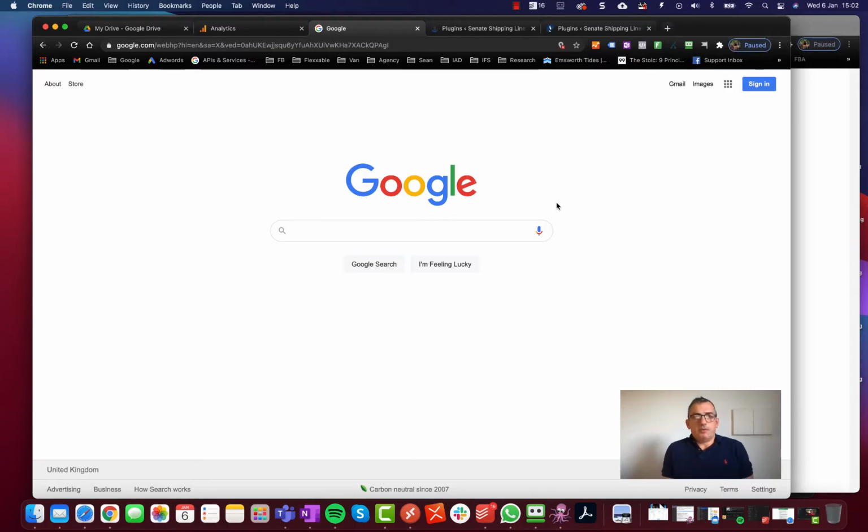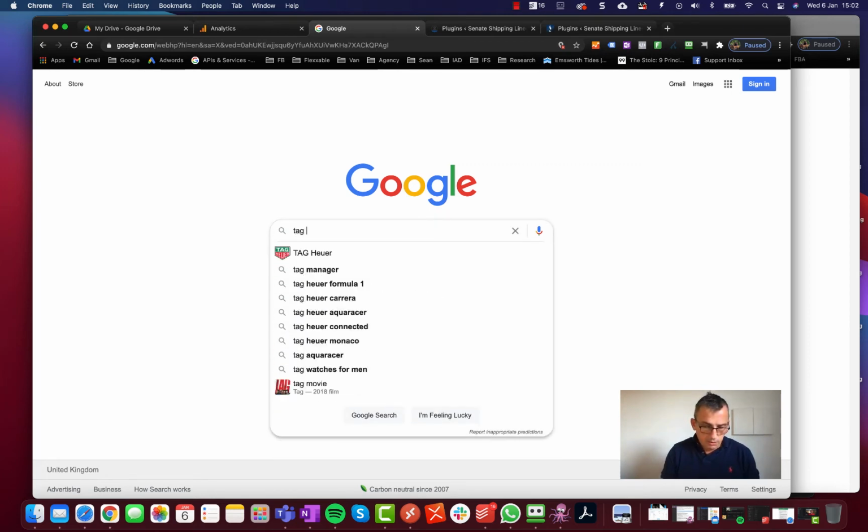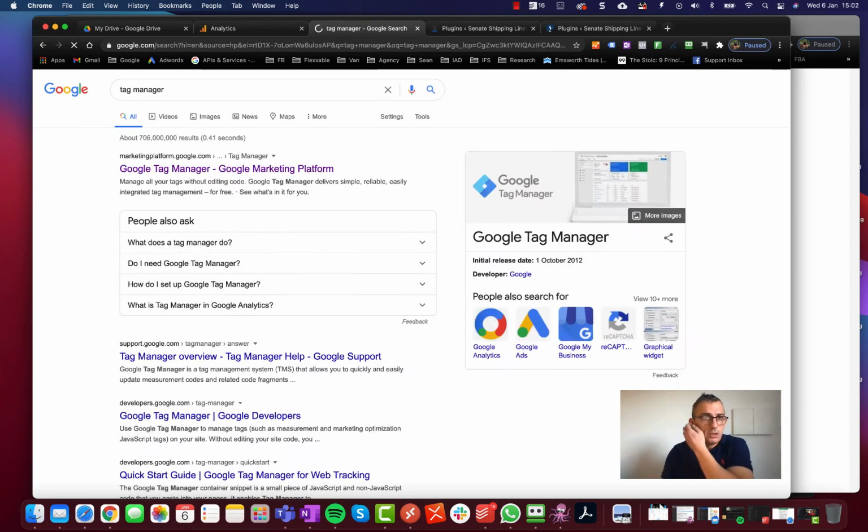Okay, so I've got a couple of examples of how to use Tag Manager to show you. The first one is on a WordPress site, and it's just a new WordPress site that's been developed, and it's replacing another one. So there was already an existing Tag Manager for it, but it's quite easy to install, and I'll show you how. So you get to Tag Manager. I just usually type it into Google Tag Manager,